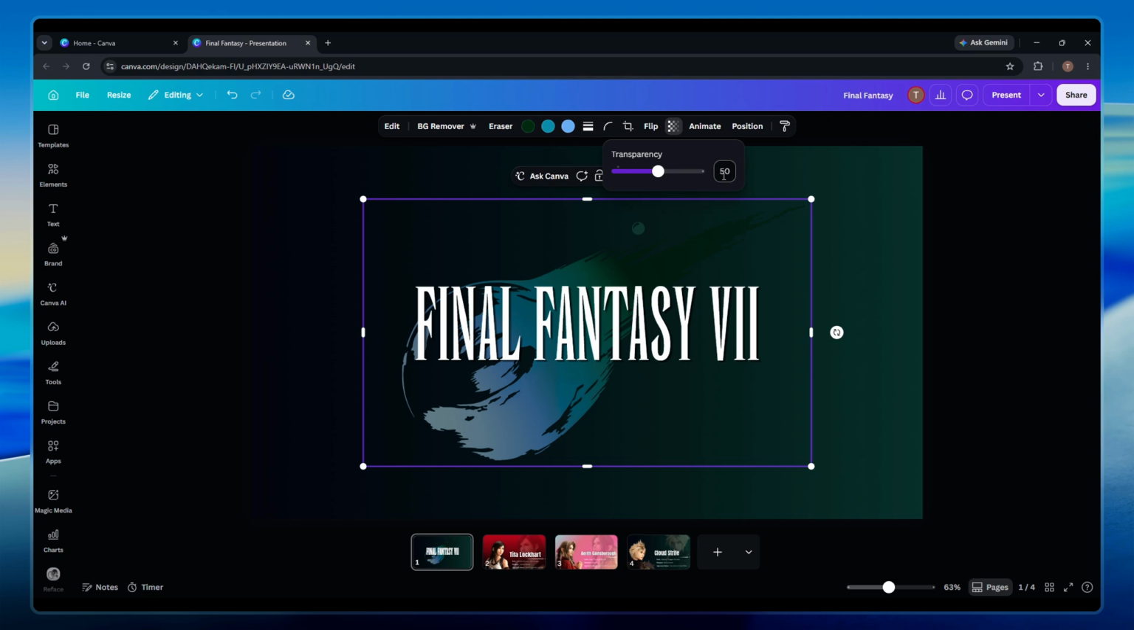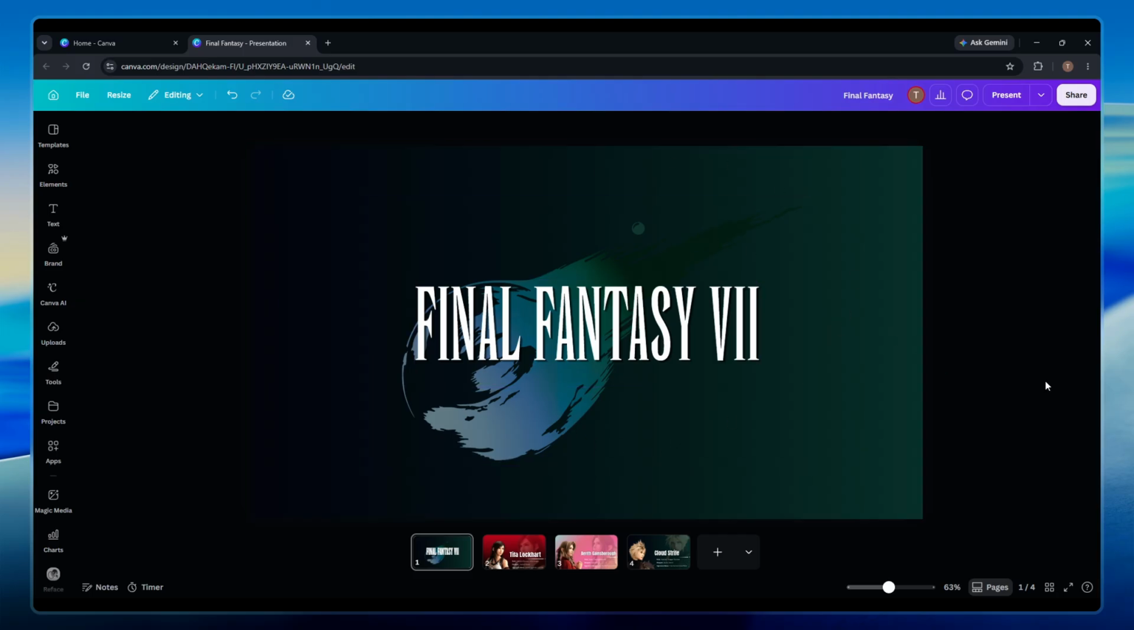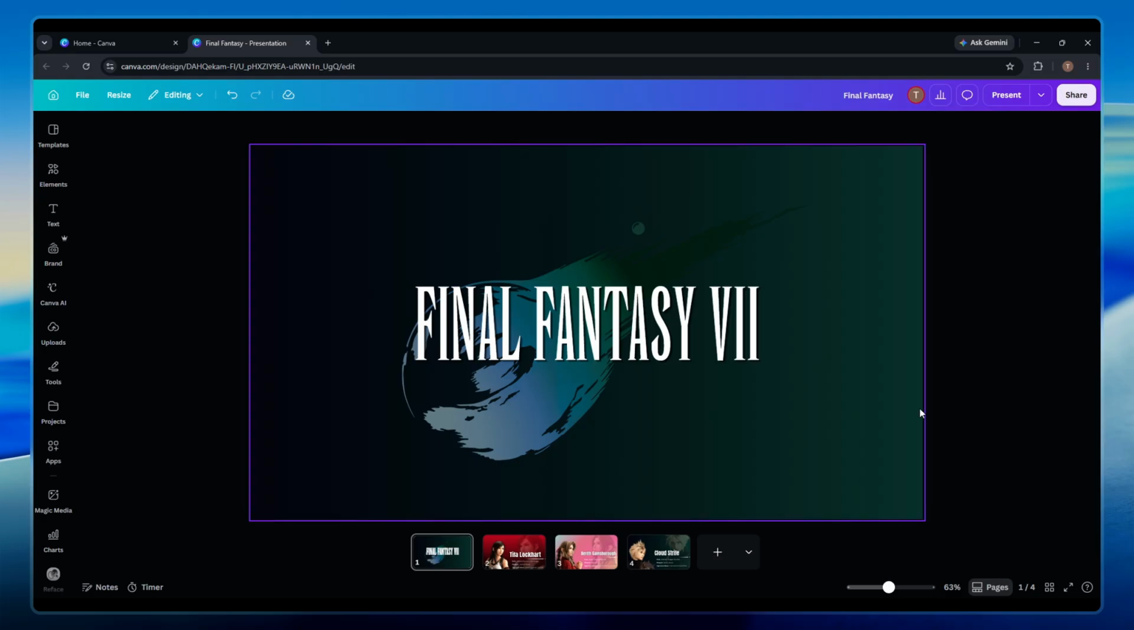And that's it. You've now adjusted the opacity of your element in Canva, giving you more creative control over how your design elements interact with each other. This simple feature can really elevate your designs by adding depth and